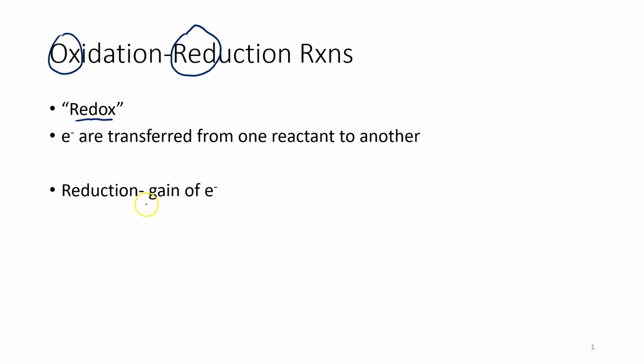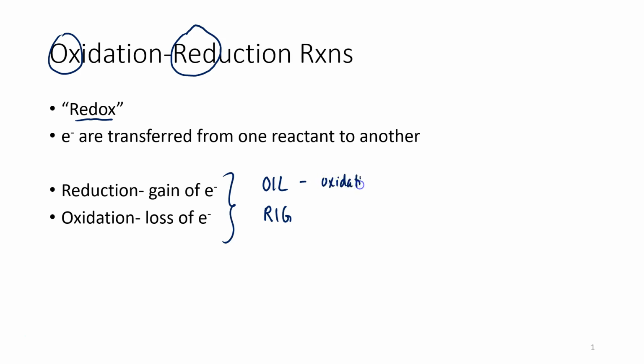So that would be when a reactant gained electrons. When a reactant loses electrons, that's oxidation. And there's a couple of different ways that you can remember this. You can remember the trick OIL RIG, where OIL stands for oxidation is loss of electrons. And then RIG means reduction is the gain of electrons. So oxidation is loss,